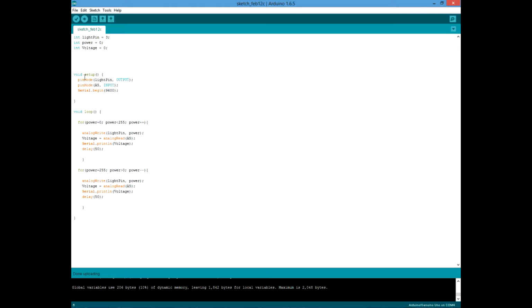Okay, so now down in the setup portion here, we're going to use our pin mode command that we talked about in the last videos, and we're going to set light pin to an output because that's what we're going to be sending voltage out from. And now we're going to designate pin mode A5 here. So this is an analog pin that I'm using. And we're going to set that to an input because that's what we're going to be doing the analog read